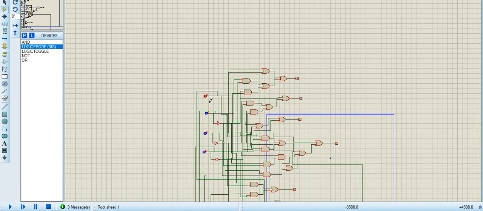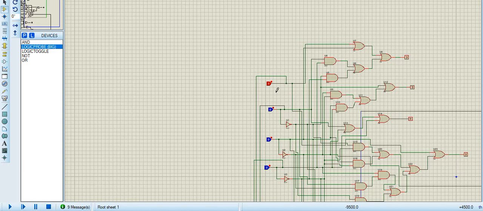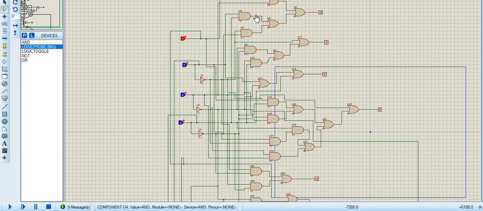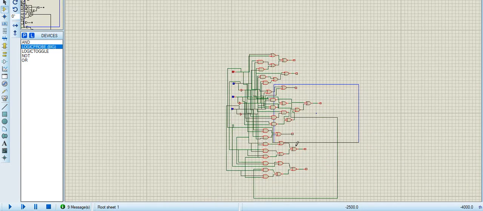As you can see, we don't need an inverted A input, so we do not use an inverter for it. We will use a B inverter, C inverter and D inverter. These are the AND gates and OR gates, and these are the combinations that are used to form the whole circuit. Now we will verify that our circuit responds according to our truth table or not. For this we need to have a look at our truth table.